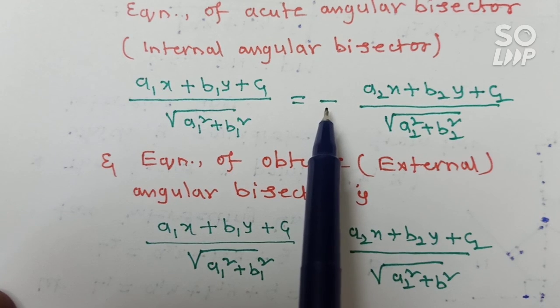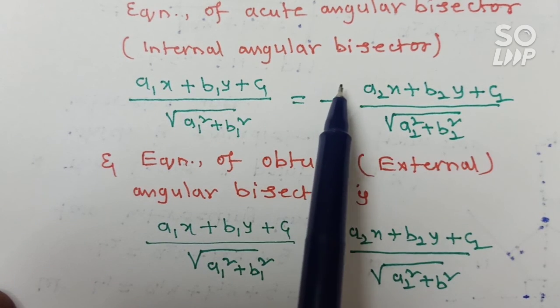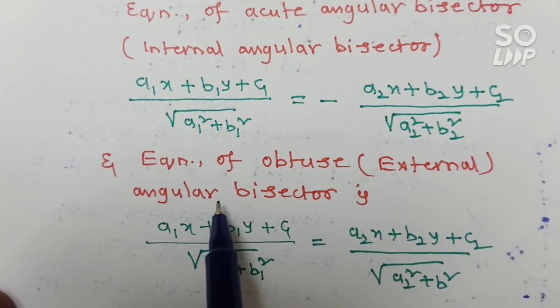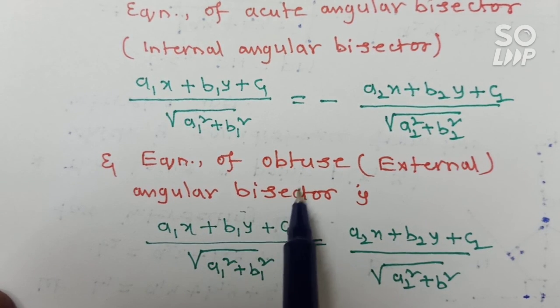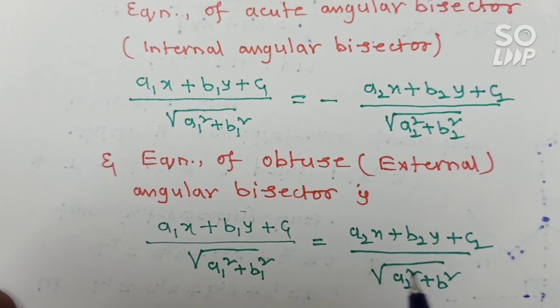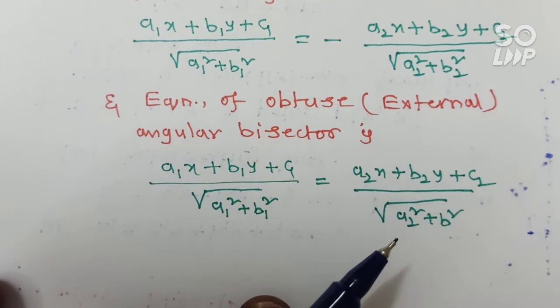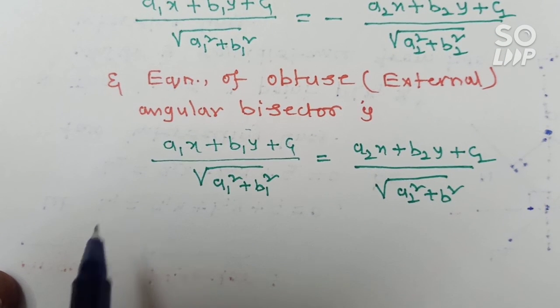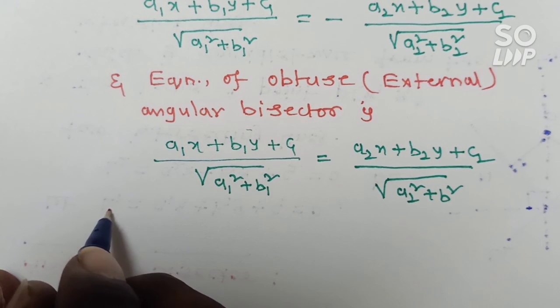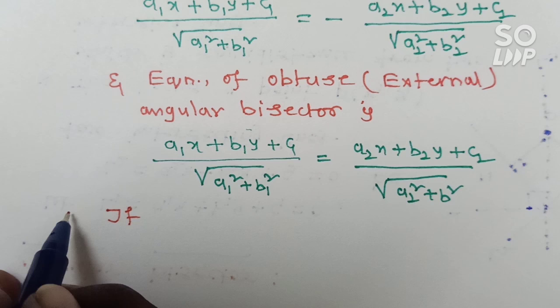Here we have to take the positive sign for the internal angular bisector, and for the external angular bisector or obtuse angular bisector we have to take the negative sign. So here we will write the second condition. What is the second condition? See this one, the second condition is